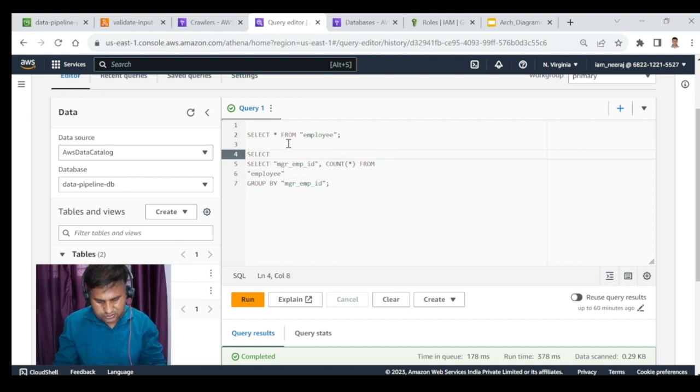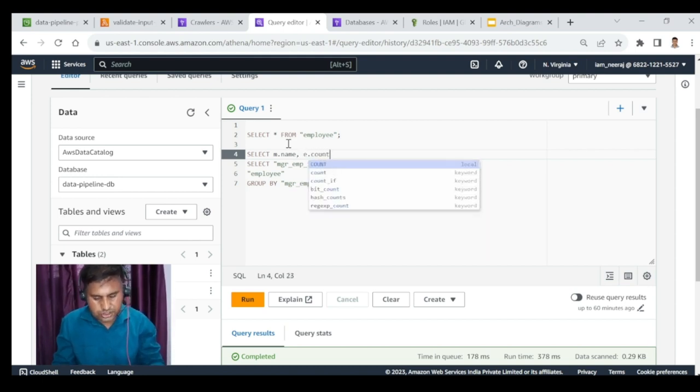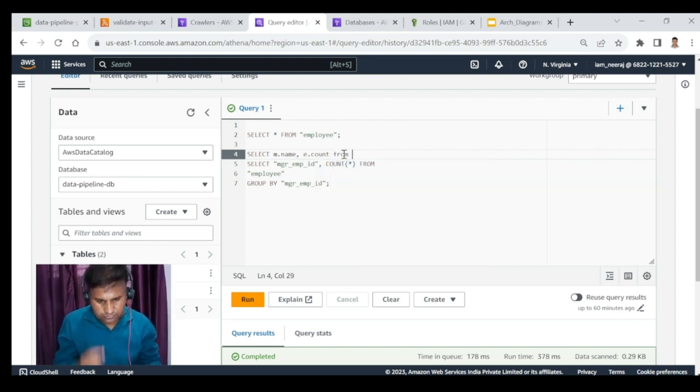Select name, m dot name, manager dot name, okay, and employee dot count. I'm changing the query, just give me a moment. Manager dot name and count from employee as m, and then